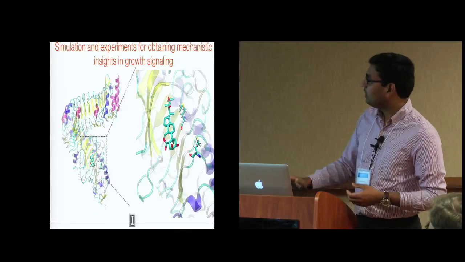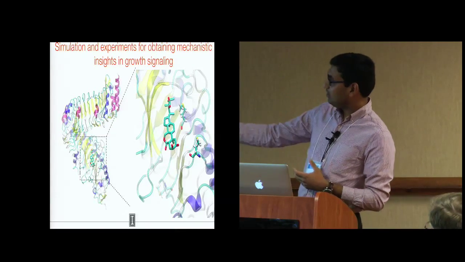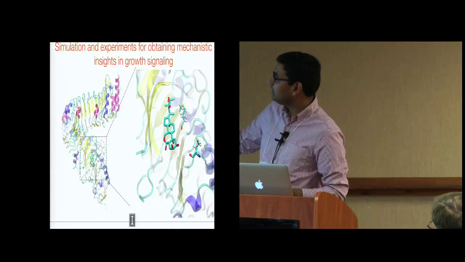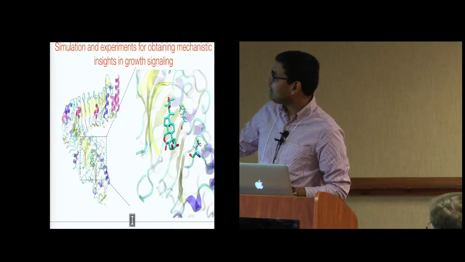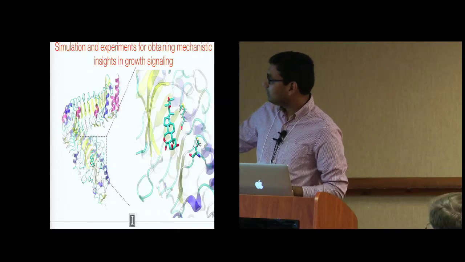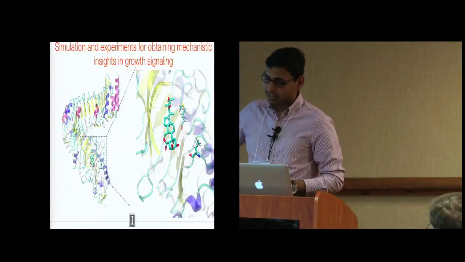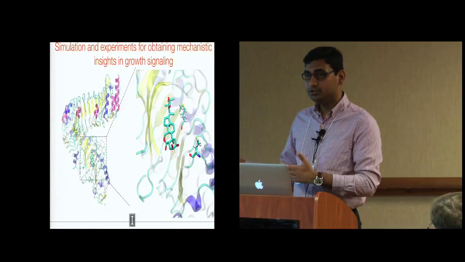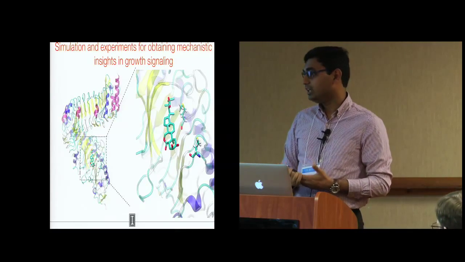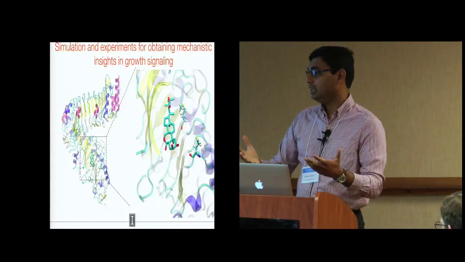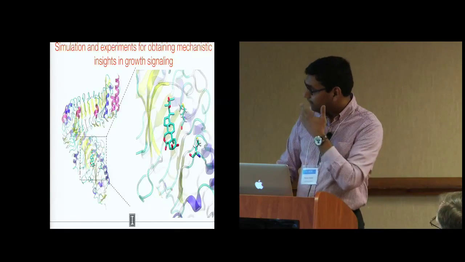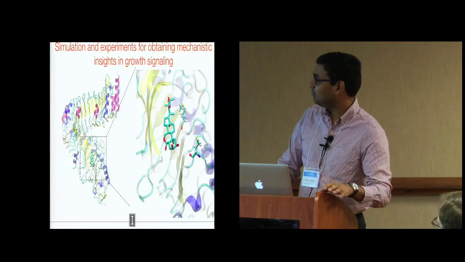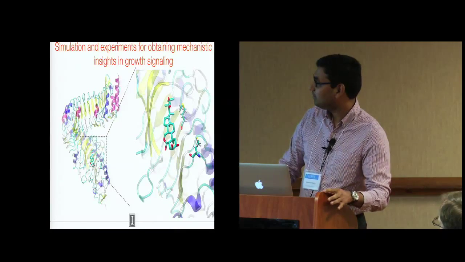This is my initial work. I'm not showing you a lot of results, so I'll wrap up quickly. This is the receptor. We did a lot of simulations on this on Blue Waters. And what we found is that for binding of this particular steroid hormone, these few residues are really, really important. And if we can mutate these residues to charged residues like glutamate, we can potentially inhibit the binding. These results are there, but I don't want to go into them because the paper is still under preparation.